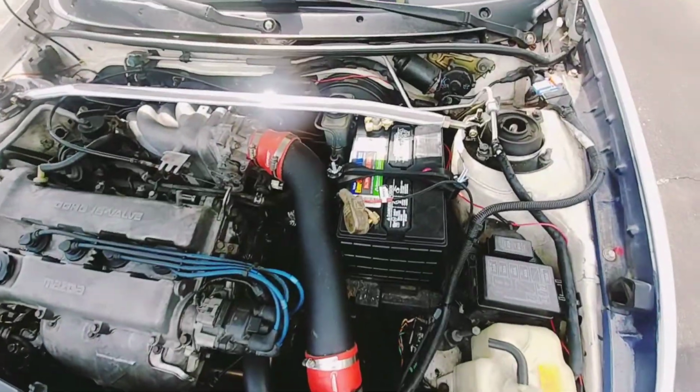Today's gonna be a quick install of the strut tower bars, strut tower braces, whatever you want to call them, on the All Motor MX3 project right behind me right here. So we're gonna install that today, front and rear. The front is real simple. I'll go through all the details on the front, and then on the rear too, we got to trim a